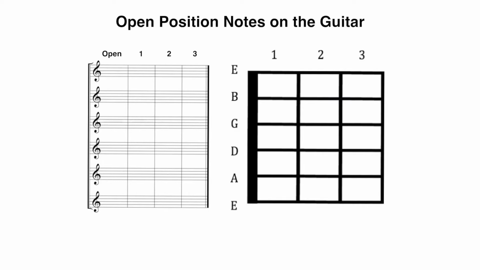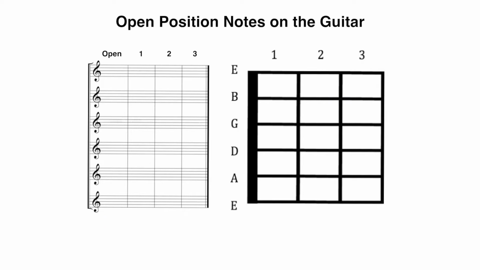Both in terms of fret position and music notation. The focus of this lesson will be on the natural notes, A, B, C, D, E, F, and G, and will not include the sharps or the flats. Let's start by identifying these notes using the fingerboard diagram, and then next we'll take a look at them in music notation.